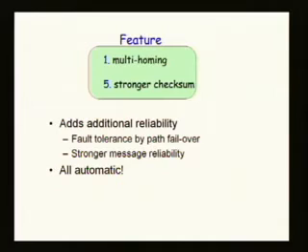You can request to see the difference. You can get a notification, which isn't a bad thing to get, because if you get the notification that one of your primary paths has failed, that probably means something's going on in the network, and maybe you want to do other things like move some work off of that worker or move some things off that machine. So it's giving you a little bit of a forewarning of trouble that might happen. Stronger message reliability: Brad sort of told you the basic argument as to why you want stronger reliability if you're pushing around lots of data and you're on large machines and you want things to keep going.